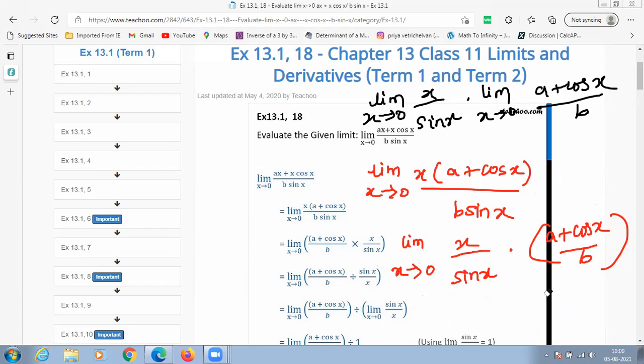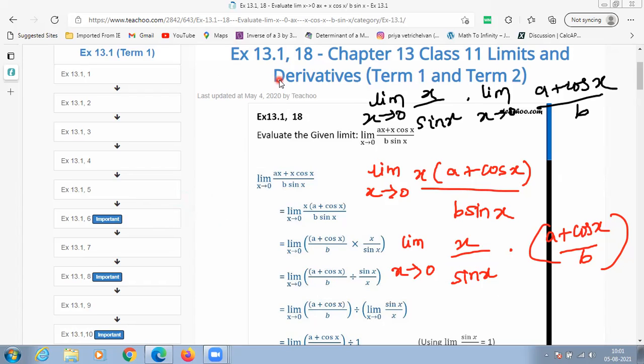Ma'am, can't we just directly substitute 0 over here? You can't, because you have to use the limit property. You do have the limit property, that is limit x approaches 0 sin x upon x. You can notice x and sin x here, right? Oh, yes, ma'am. So it is compulsory to use the limit property in the simplification before evaluating. Understood?